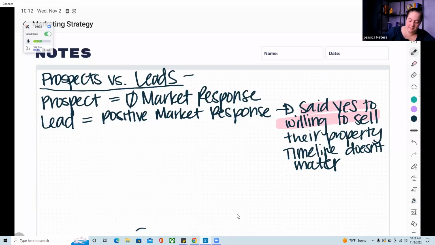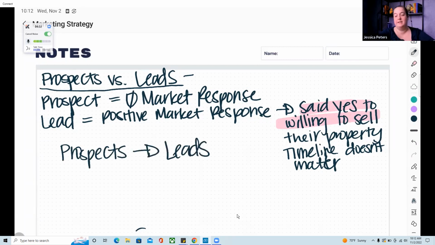So our goal really in marketing is to turn prospects into leads. That's what we're trying to do, right? And then we can qualify those leads and get those properties under contract, all that stuff. But the goal of marketing itself is to find the leads from the prospects. And I like to go over the vocab because what I've noticed speaking to people in the community over time is they'll say, oh, I'm buying my leads from whatever data provider. But when you first buy a list, we don't categorize them as leads until they've indicated they're interested in selling. We would say that's prospects, if that makes sense.